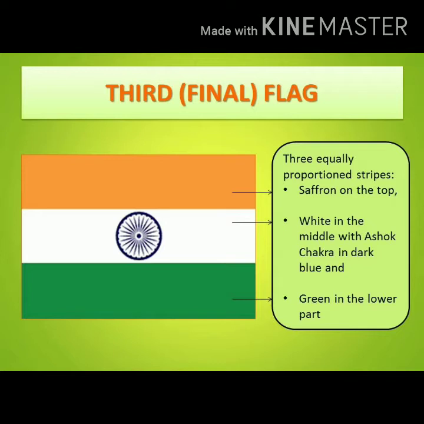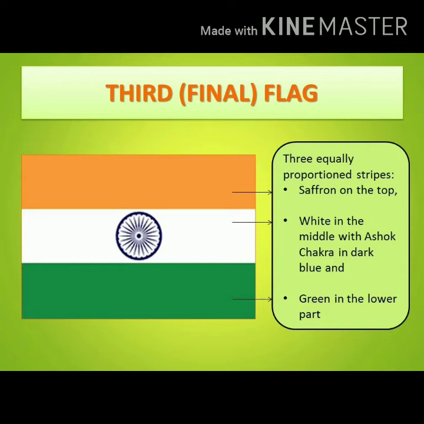On July 22nd, 1947, a new flag of Free India's national flag was hoisted, which was adopted by the Constituent Assembly. The tricolor flag's significance remains the same as the second flag. The national flag has saffron at the top, white in the middle and green at the bottom in equal proportion, and the charkha was replaced by the chakra in navy blue, which appears in the Lion Capital of Ashoka at Sarnath as the Dharma Chakra.